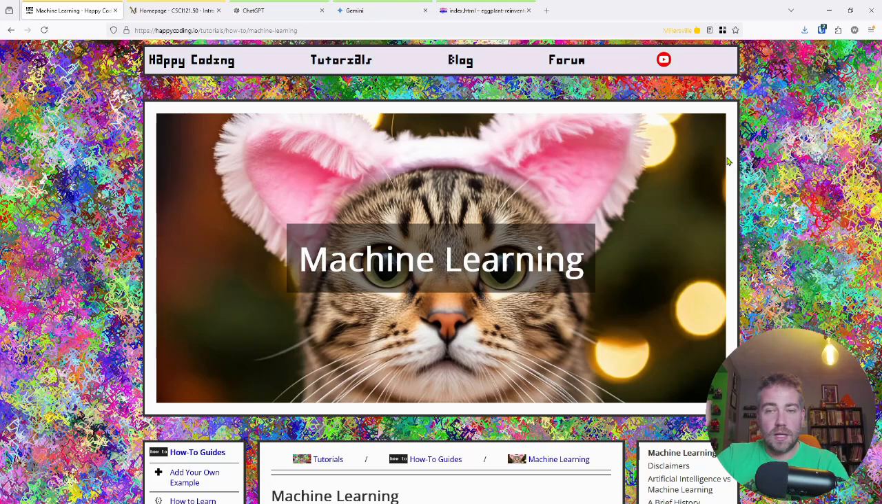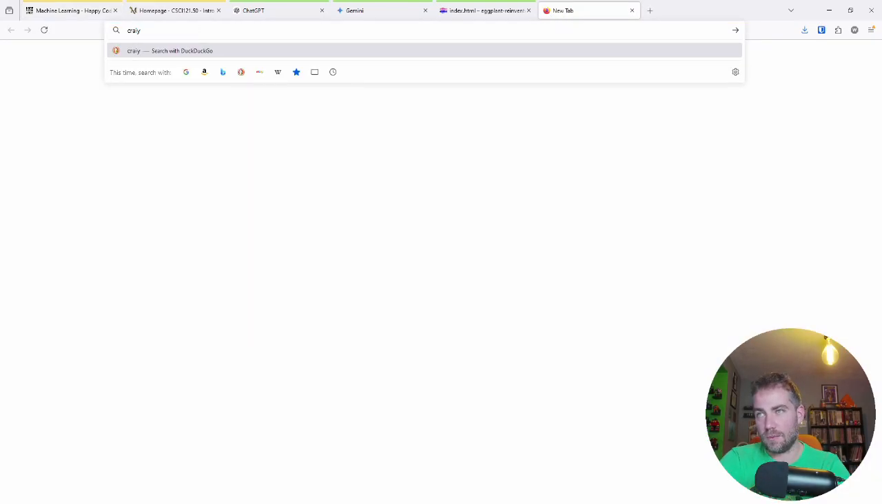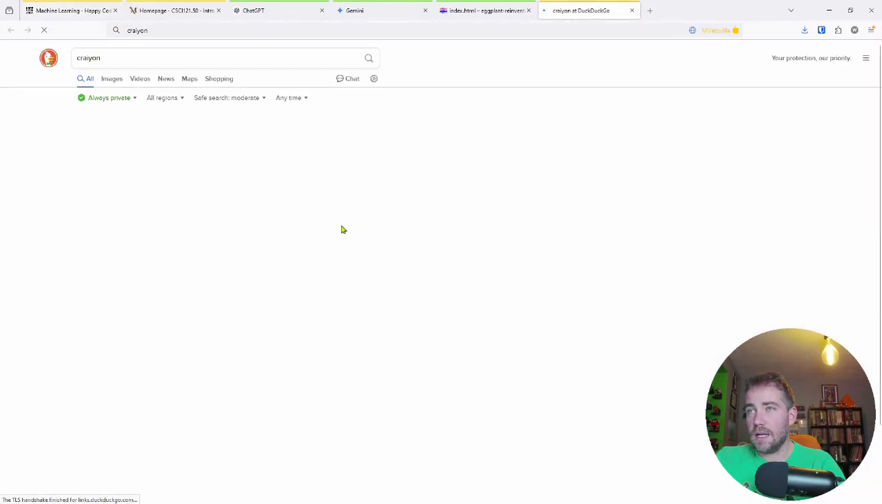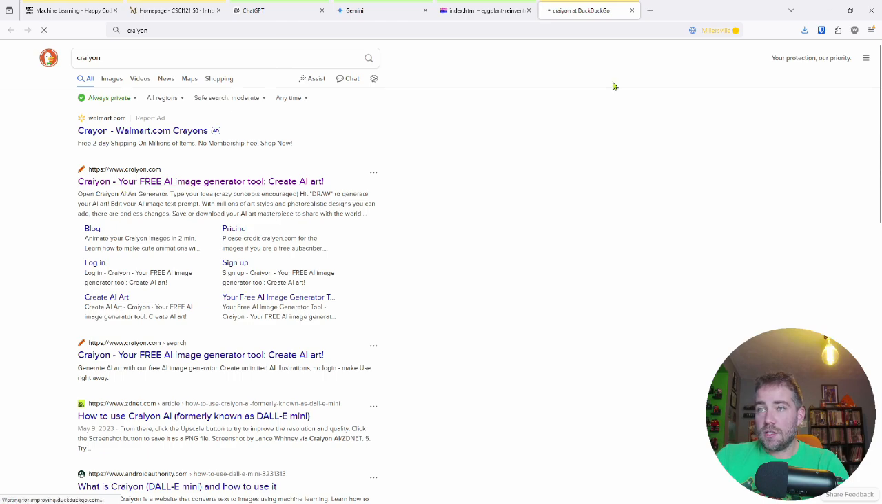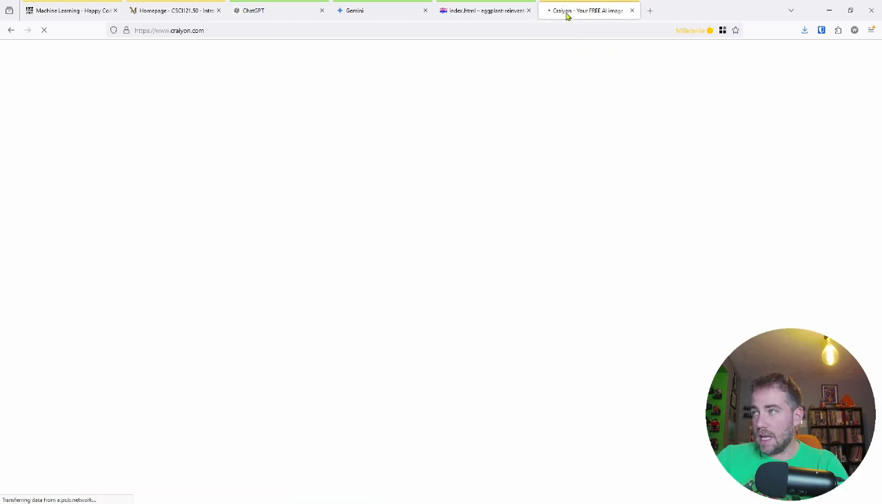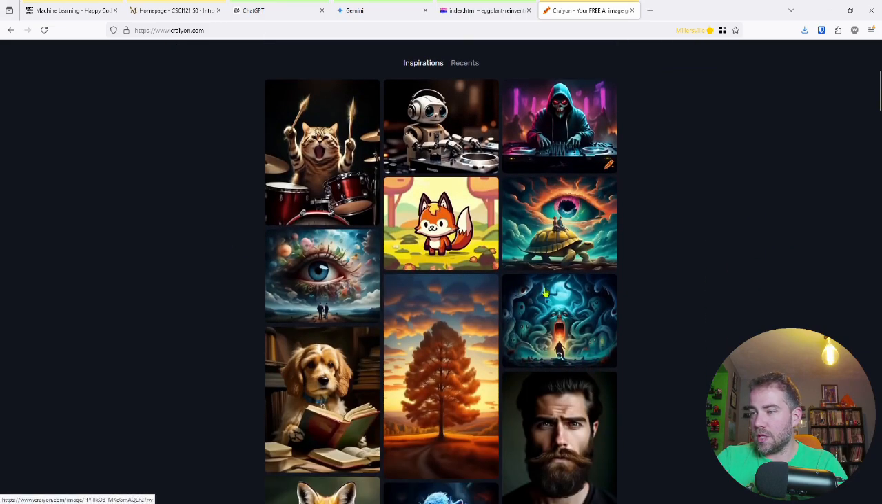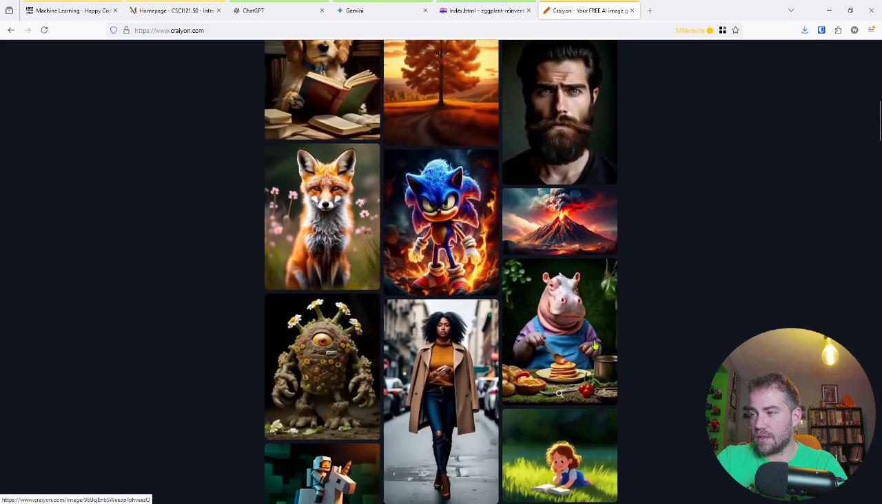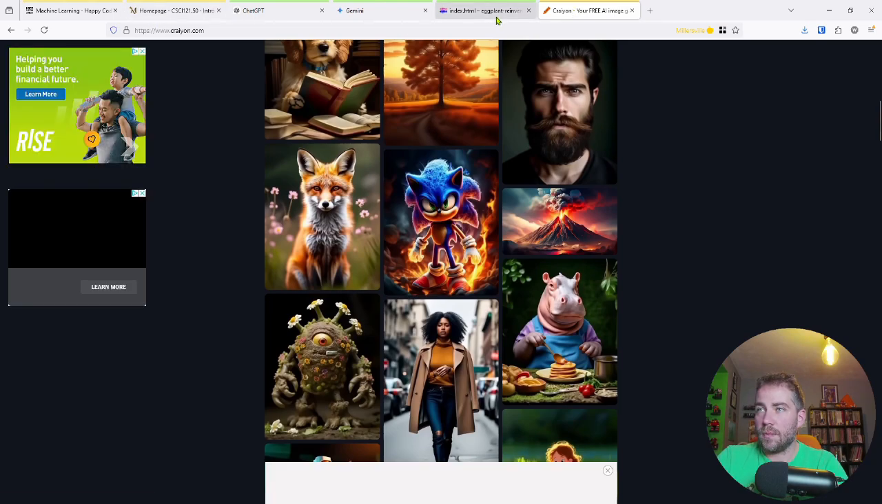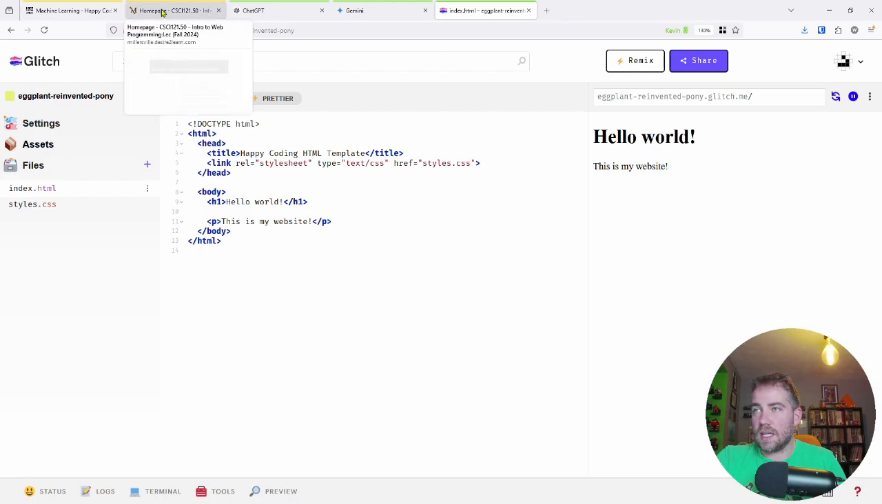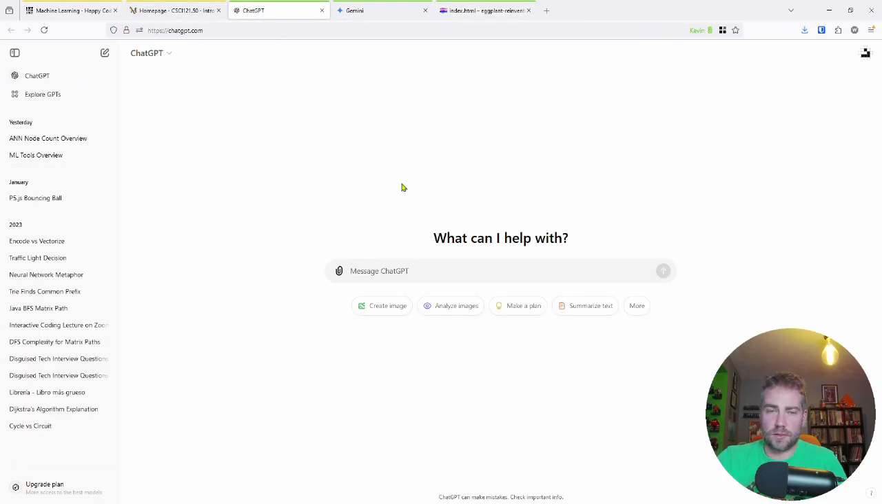So that's an example of an ML tool. Something like Craiyon, I think, is one. And you can type in stuff like that, and you can say, give me a picture of a cat wearing fuzzy bunny ears, or give me a picture of, I don't know, this hippopotamus eating pancakes, that kind of silly thing. So that's one set of tools,